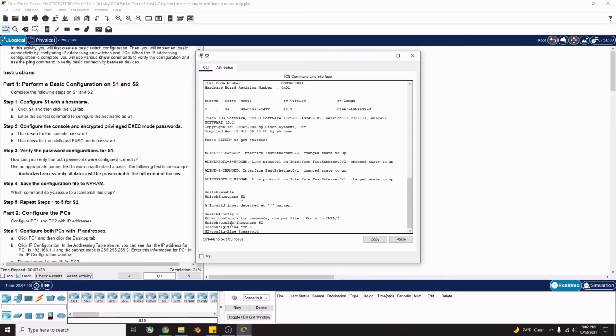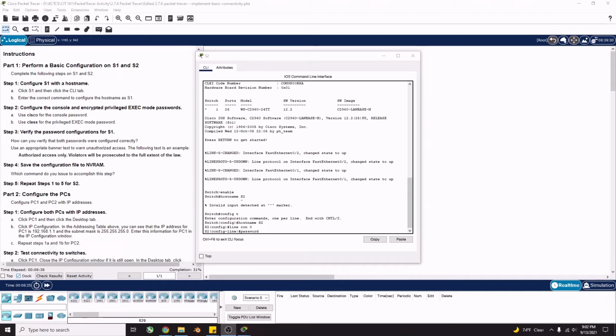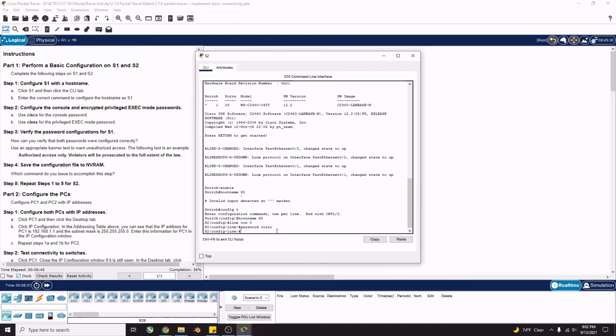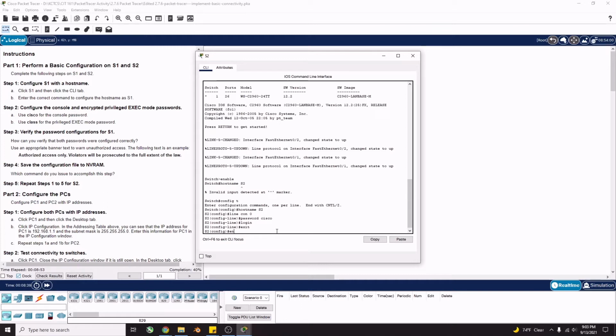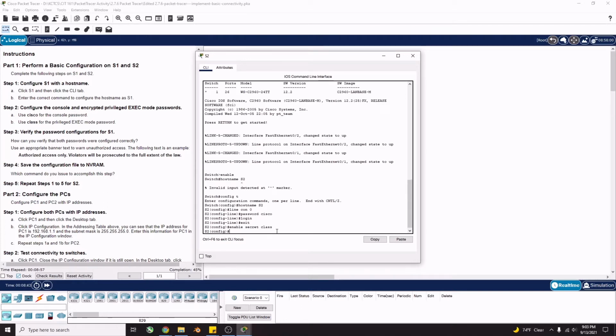password, and the password is going to be Cisco. Hit enter, and type in login, hit enter, exit, and we'll do enable secret class, hit enter, and we'll type in banner space MOTD for the rest of the day, and quotes,